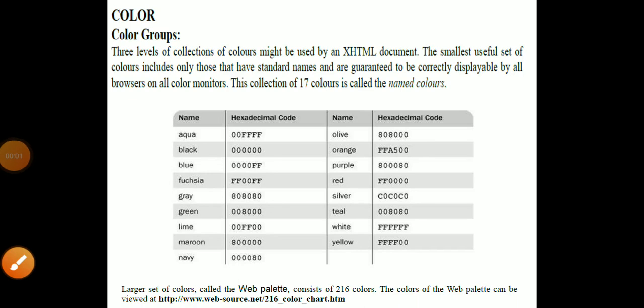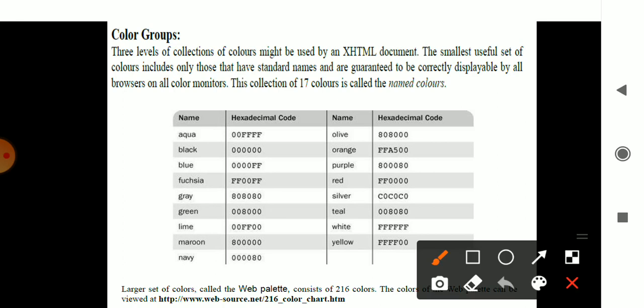Hello everyone, today we'll be discussing the concept of colors in web programming. You already know some of the points, like how you specify the color for the text. Here also we'll be discussing colors based on the text, and how the color is presented. We had already discussed that any color specified in any HTML document is applied to the text used within the document.